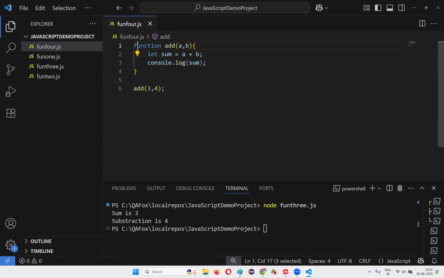Those gifts are taken by the people who are organizing or celebrating that function. Whatever gifts you brought, they have collected. A is taking 3 and B is taking 4, and 3 plus 4 is 7, and here 7 got printed. But